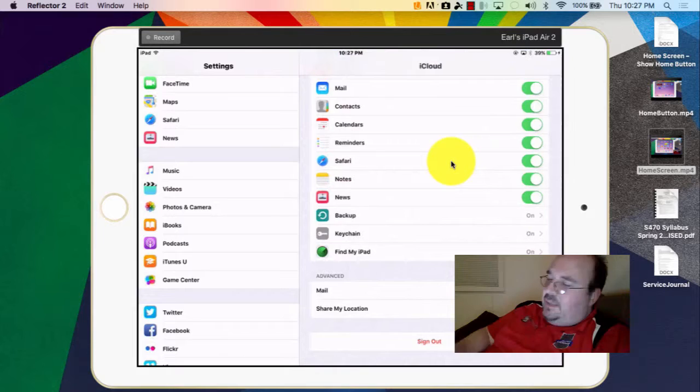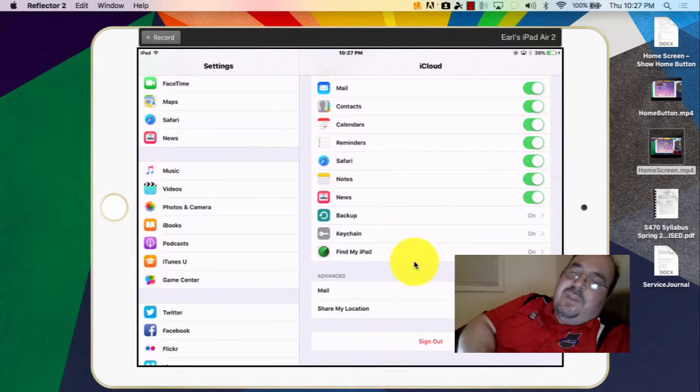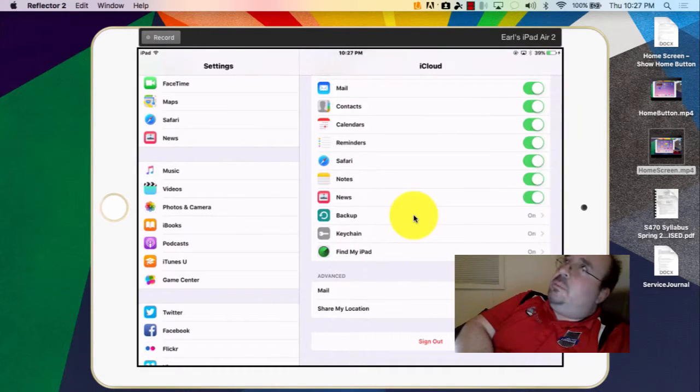So that's another thing. I'm going to back out of there now. If you ever decide to sell your iPad, you need to shut off Find My iPad. Otherwise, you're going to be able to track whoever you sell your iPad to. Unless you want to be able to track them. I don't know, maybe you do. I guess that'd be a sneaky way to track somebody. Give them an iPad. Okay, so anyhow,